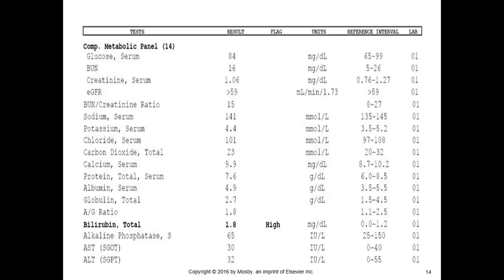And I've just got an example of what we consider to be a chemistry panel. This is called a complete metabolic panel. And I just wanted you to see what's in there. It's got glucose. BUN and creatinine are waste products that are produced from breaking down things like proteins. Again, we have waste products circulating in the plasma that we're taking to get rid of. It also has our